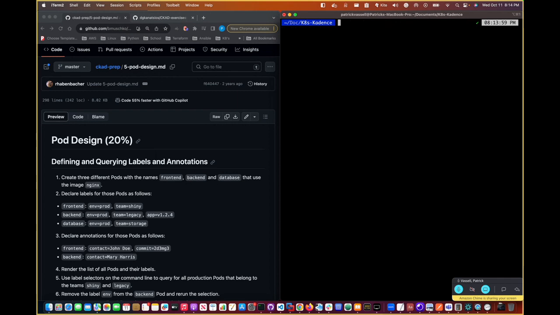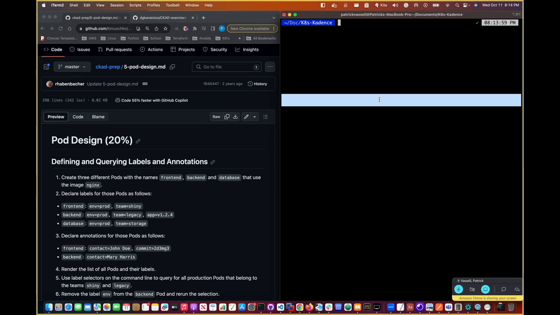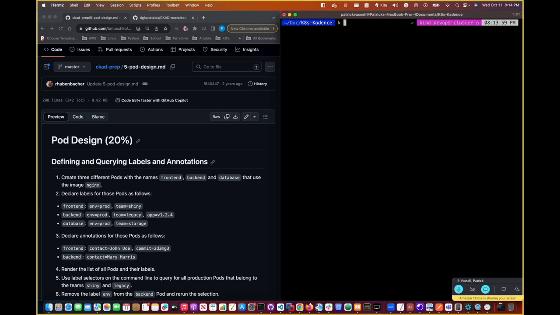So we're going to go ahead and create three different pods with the names frontend, backend, and database. They all use the same image named Nginx. So let's go ahead and create those three. It's going to be a k run for a pod, and we're going to name this frontend